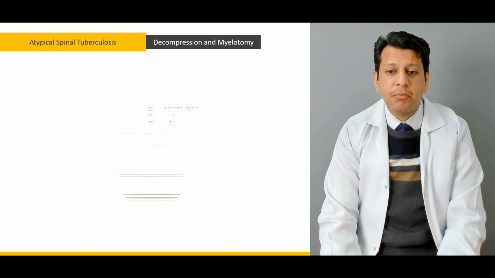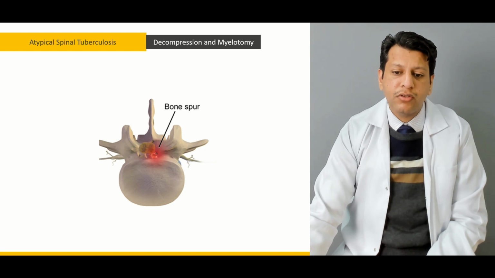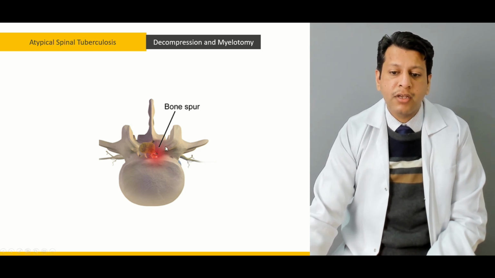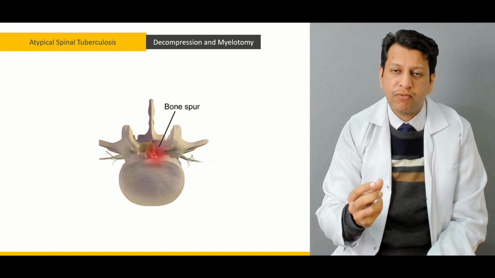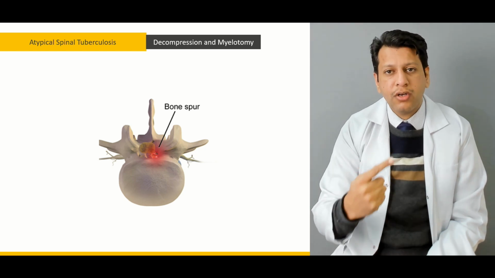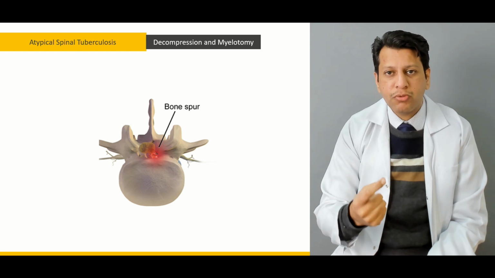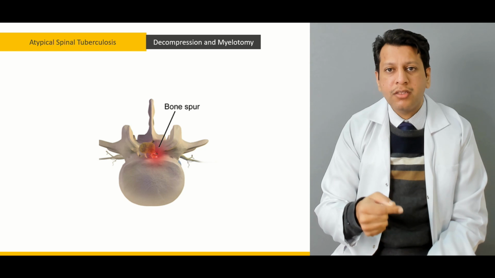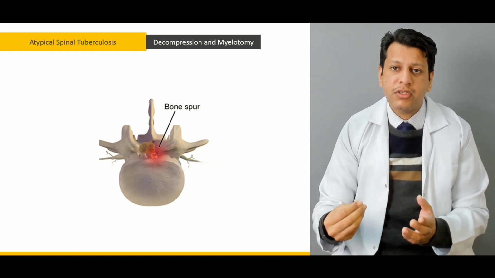Now, other options could be decompression and myelotomy. If you see over here, if there is so much canal compromise, and this is occurring due to a bony spur or deformity or infection, then you need to do decompression of the foramina, and myelotomy may be done as well, so that the foramina which have been narrowed due to bony spurs can then have their size increased,